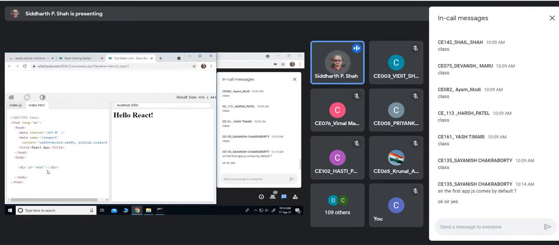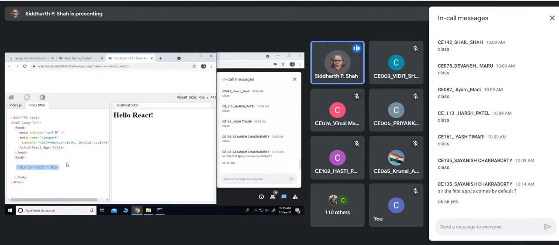So this is index.html right now. You can see index.html. Everything is there in the head part, which is not that important when it comes to the UI. This head part is not important when it comes to UI. Mainly it is the body.